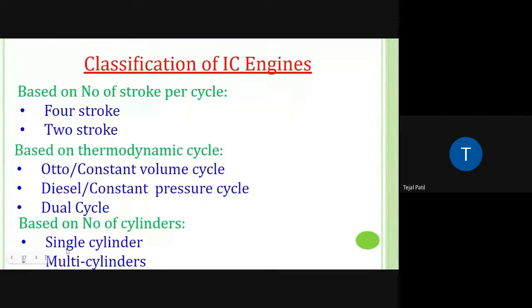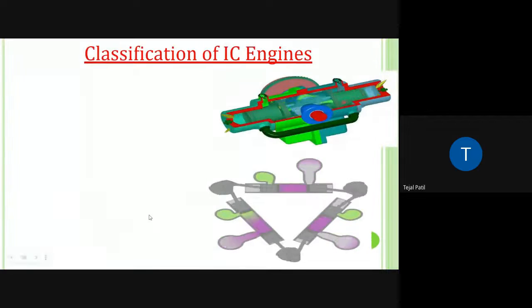Next one is based on the number of cylinders, how many cylinders are available in that particular engine. अगर एक ही सिलेंडर है तो सिंगल सिलेंडर, मल्टीपल सिलेंडर्स हैं तो मल्टी सिलेंडर। फॉर एग्जांपल टू व्हीलर्स में मोस्टली सिंगल सिलेंडर होता है। फोर व्हीलर्स में 3 सिलेंडर्स या कभी कभी 4 सिलेंडर्स भी होते हैं, they are the multi cylinders. So based on how many cylinders are available it is classified. Here you can see this is the multi cylinder, 2 सिलेंडर्स आप देख सकते हो। ये भी मल्टी सिलेंडर है, 3 सिलेंडर्स हैं अलग अलग।